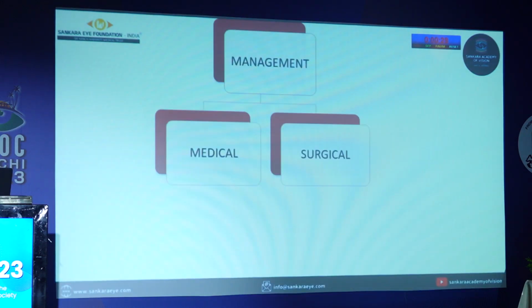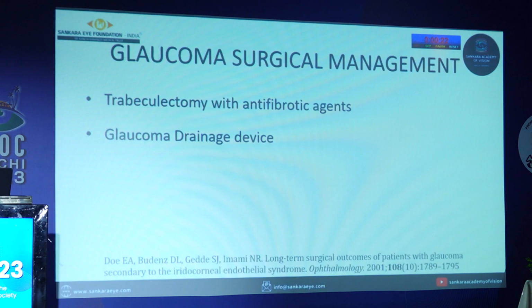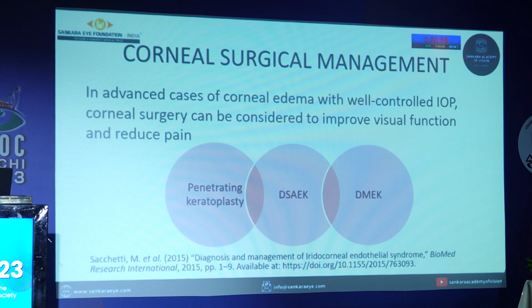Management depends on medical and surgical options. Medical treatment includes anti-glaucoma medications and hypertonic saline. Glaucoma surgical management includes trabeculectomy with antimetabolite agent and glaucoma drainage device. It is difficult to maintain long-term success as the fistula and trabecular meshwork can be obstructed by advancing abnormal corneal endothelial cells. Corneal surgical management includes penetrating keratoplasty, DSEK, and DMEK after resolution, or in advanced cases of corneal edema